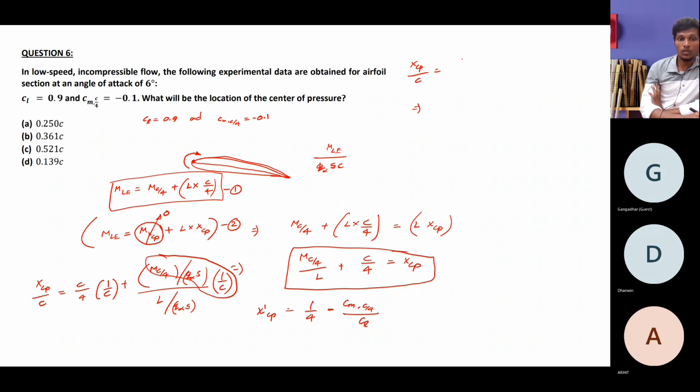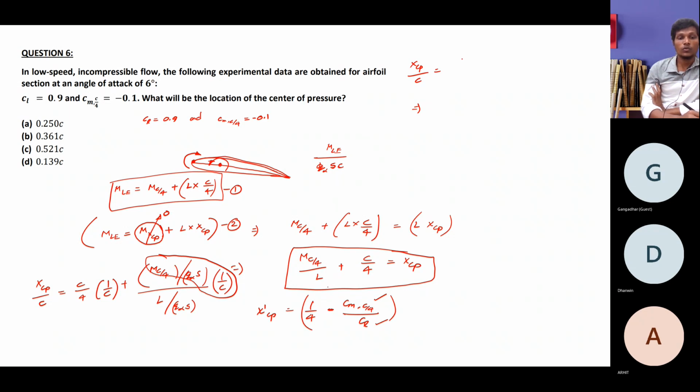You need to see whether we are doing it for the pitch up case or pitch down case, or moment about the leading edge, where we are taking the moments at the quarter chord point. Generally at the quarter chord point, you will see a pitch down moment or pitch up moment. Okay, from that, X dash CP is equal to 1 by 4 minus CMC by 4 by CL. We already have CMC by 4 and CL given in the data, so we need not worry about anything